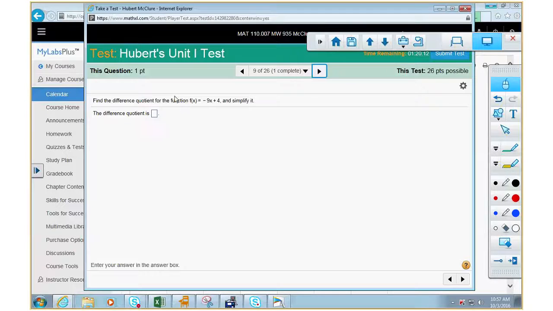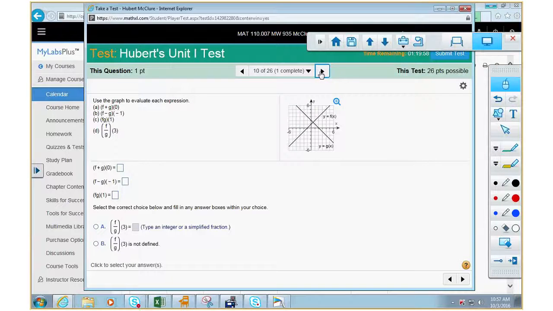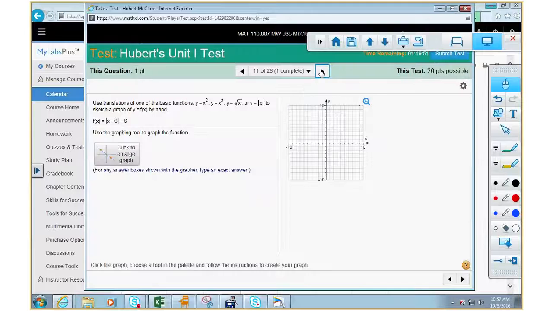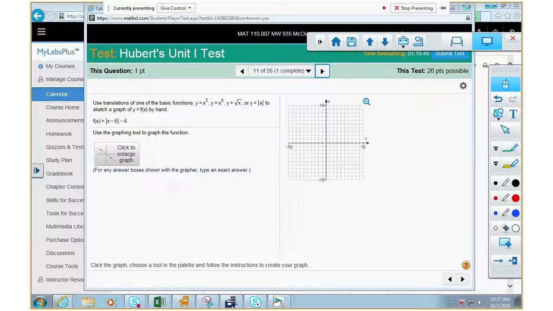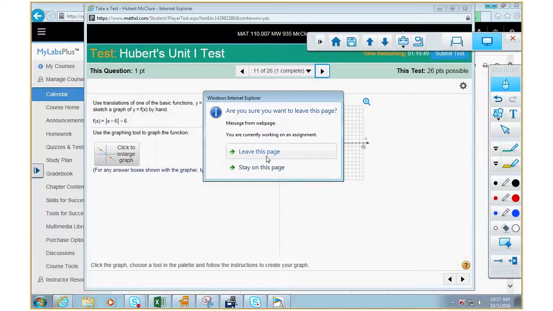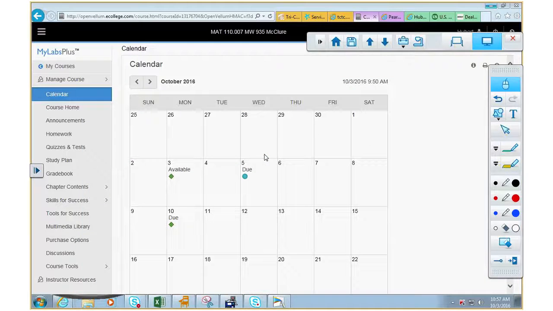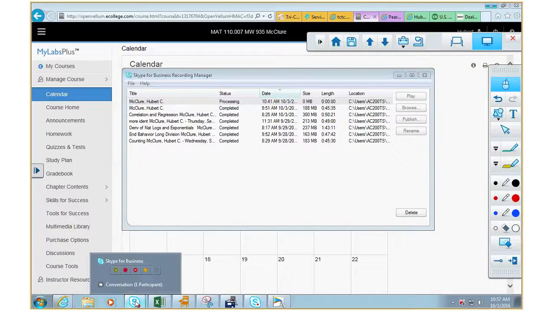There you go. Another question. Do that one. What time's class over? 11:10? 3 minutes. Okay. Well, let me go through and just look. There's another f of x, f plus g, f minus g. We talked about that. We'll just go over it next time. We'll go over both tests when y'all come back, because I don't want to mess y'all up by going fast. Hold on, let me cut this off and then we'll